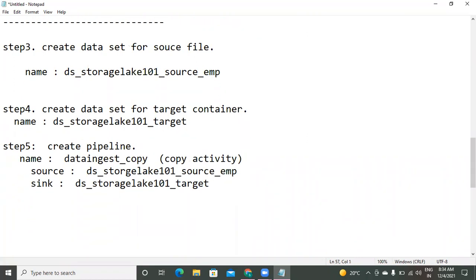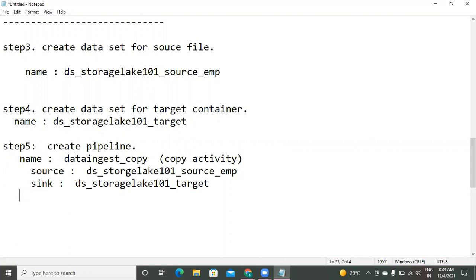Now your configuration is ready. The next step is publish. Publish is common work. Whenever you create some object, just publish it. Till now, how many objects are pending? How many components are pending? Those will be deployed into the root of your environment, whether you are in a dev environment, a production environment, or a test environment.